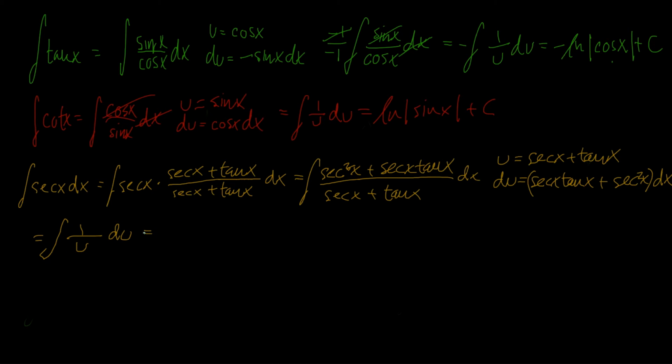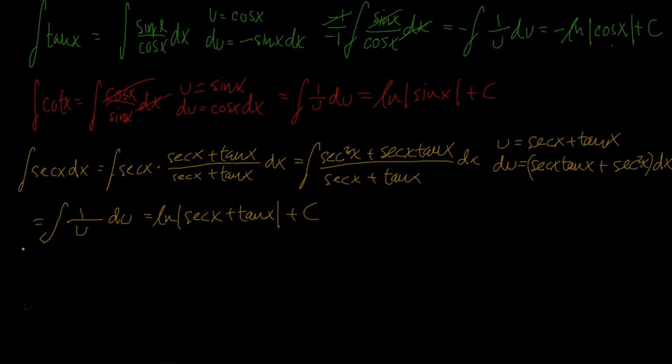And when we integrate 1 over u, we're going to get ln absolute value of u, and I'm just going to sub my u back in here. So ln absolute value of secant x plus tangent x plus c. And that is our final integral for the secant x. Now the cosecant x is very similar to the secant x. You're just going to multiply by